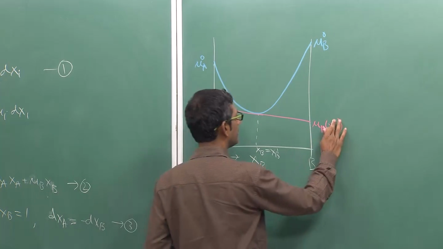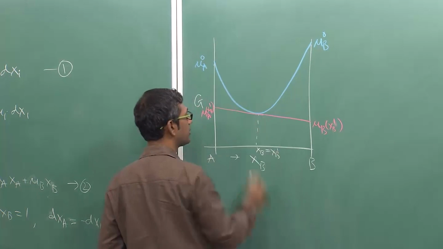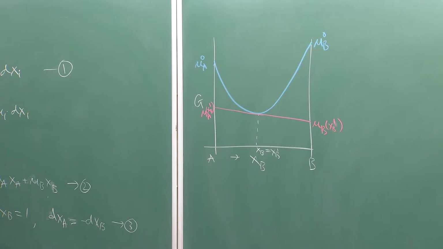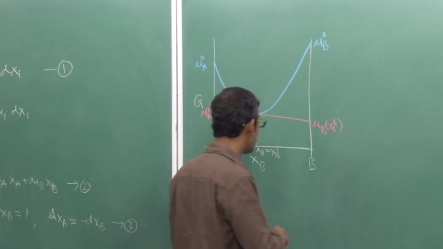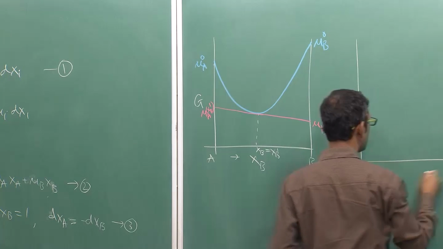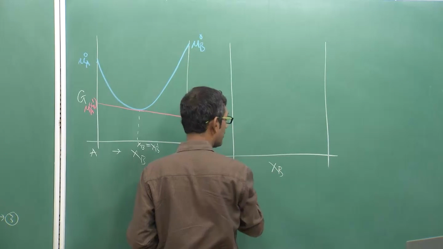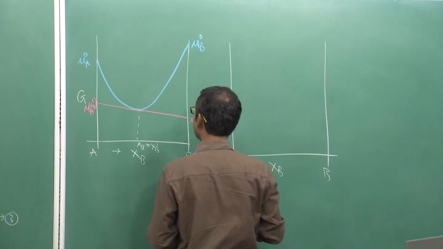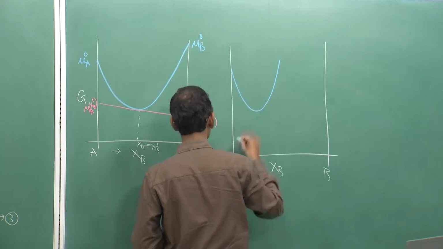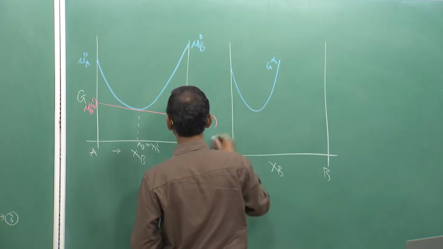Sorry, x B1, not 2, because x B1 is the composition at which you are deriving. That is the way the tangent to curve rule actually applies. So, for a two phase mixture, as I told you in the last lecture, again I am doing it for your understanding. Suppose I have alpha phase, this is G alpha, okay, this is G,